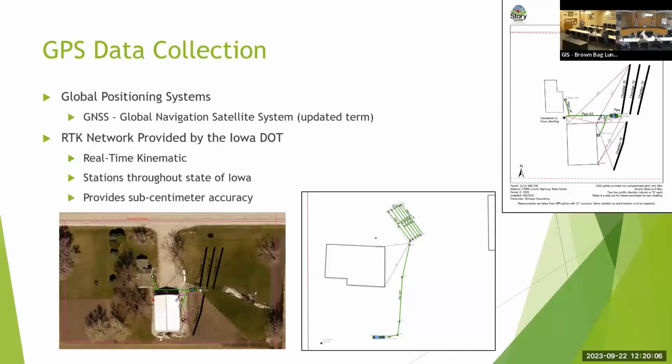So, the theory is when you go out and you grab 3 or 4 inch accuracy, or whatever it happens to be that you're able to get, you can go back there again and find if there's a problem, or if 20 years down the road you need to access this information. It's pretty handy, and all this is kept